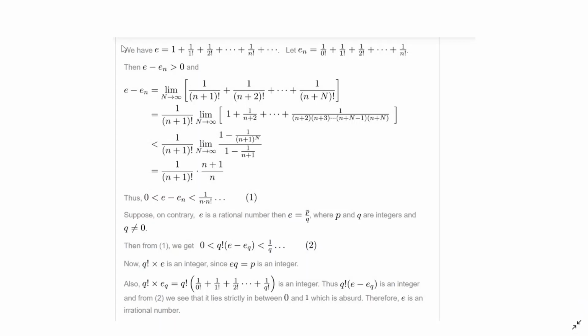Hello everyone. In this video I will discuss the proof that e is an irrational number. So here we all know that e is equal to 1 plus 1 upon 1 factorial plus 1 upon 2